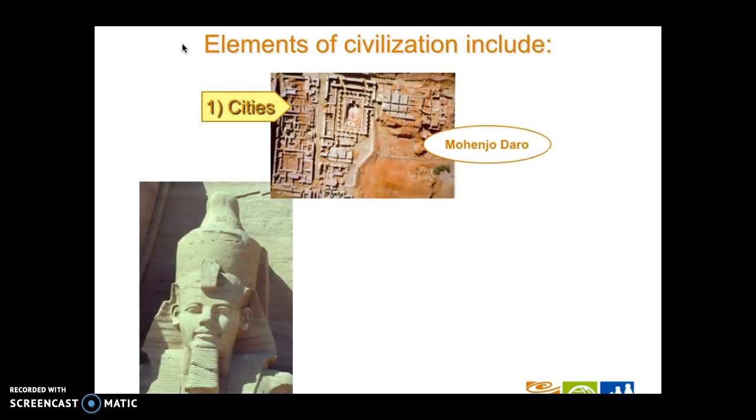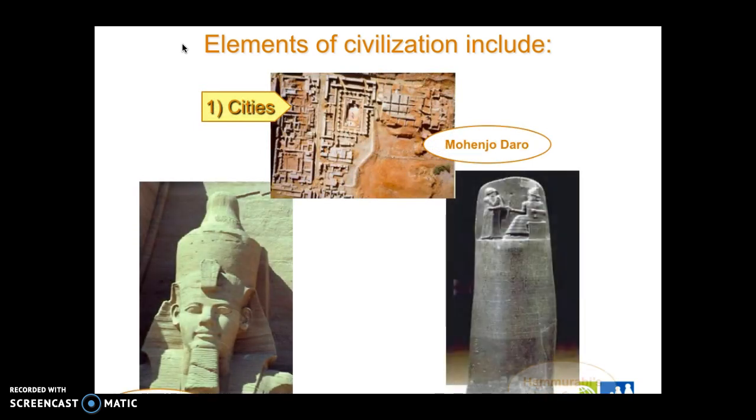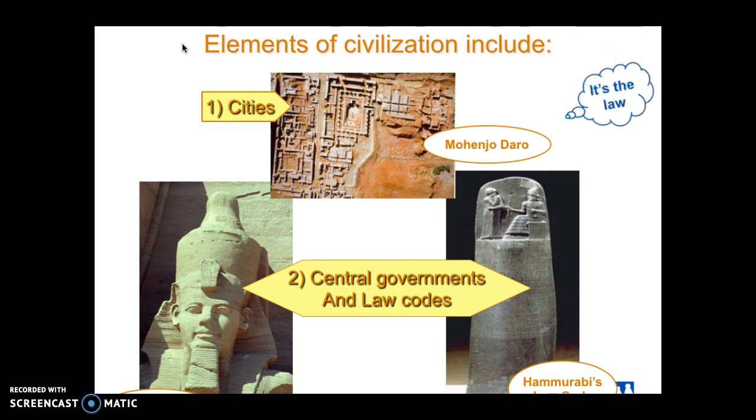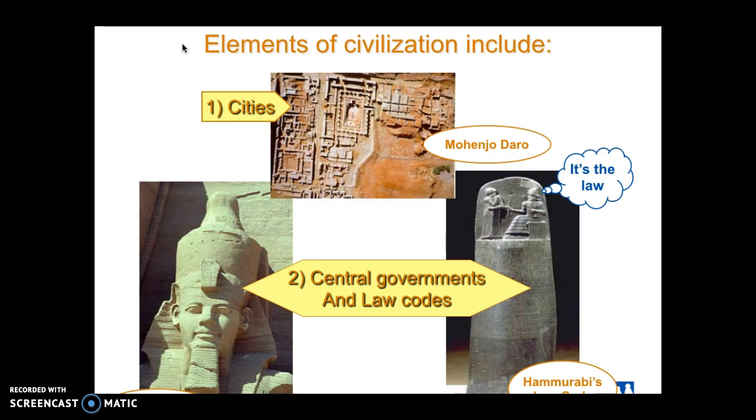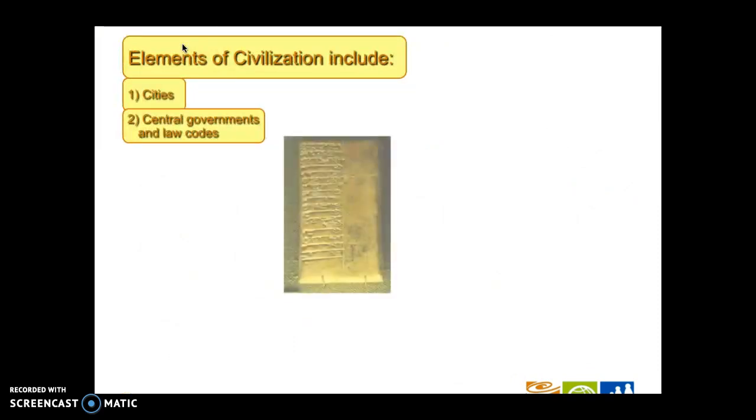The first two are going to be cities and laws. In every civilization, you're going to have big population centers. And in order to keep order in those big population centers, we have to have rules, also known as laws. We're going to see civilizations emerge with governments that create rules and enforce those rules. In addition to those two things, cities and central governments and law codes, we are also going to see